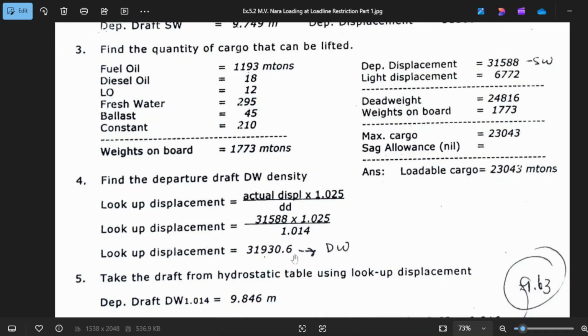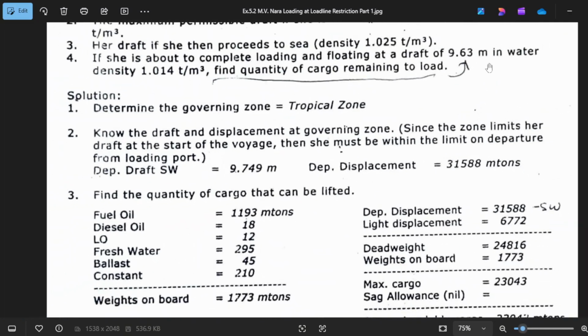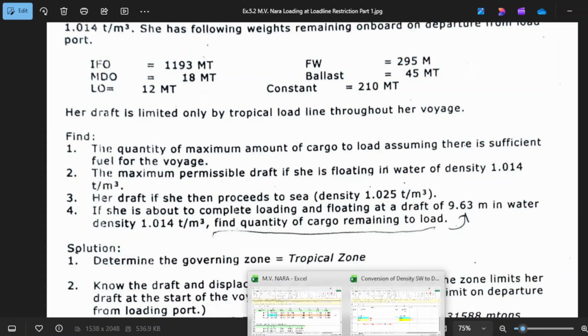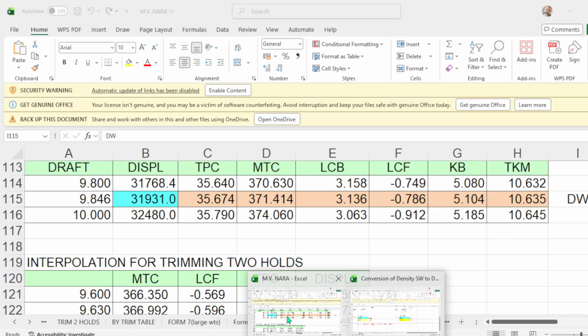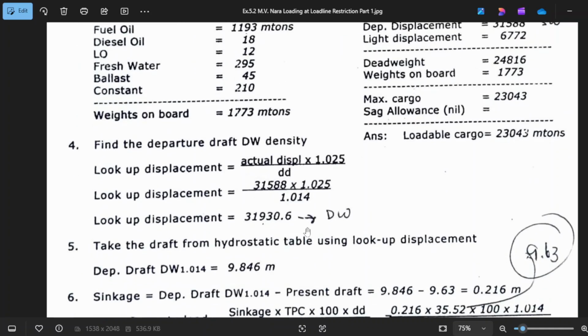Dock water will be 31931 and the draft is 9.846. Okay, this will be your departure draft if you are floating in 1.014. So this will be 9.846.